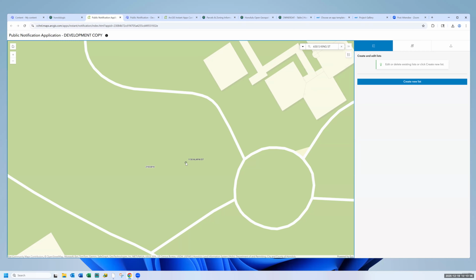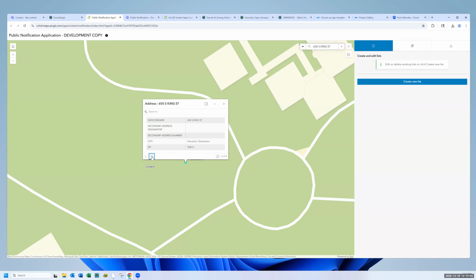So for instance, if I click on this right now, you'll see one of four, showing that there are four features stacked right there. If I close that, the label right now says 1130 Alapai Street. And if I cycle through it, I would see there's 695 South Beretania Street, 650 South King Street, which is what we searched for, 1130 Alapai Street, as well as the underlying tax map key, or the tax parcel that we have.